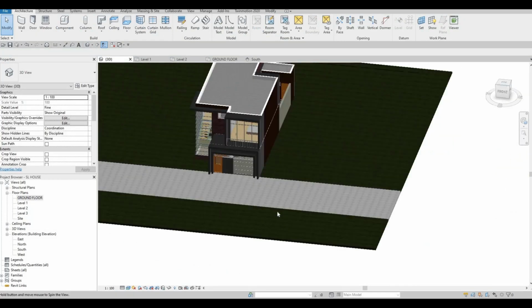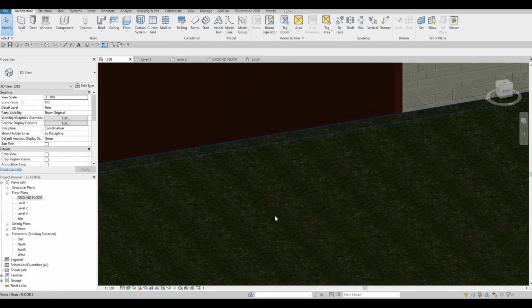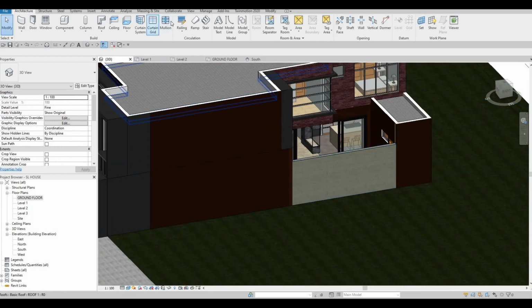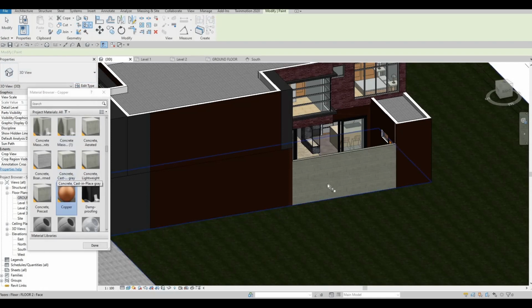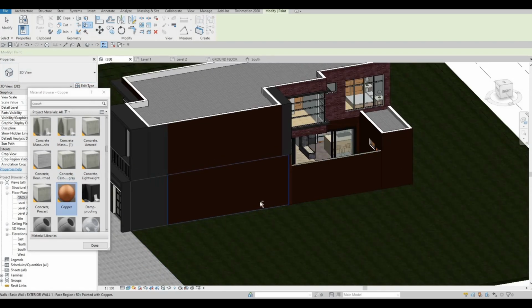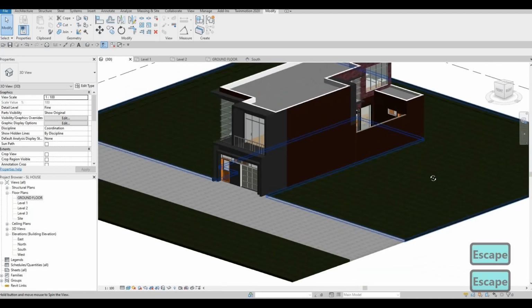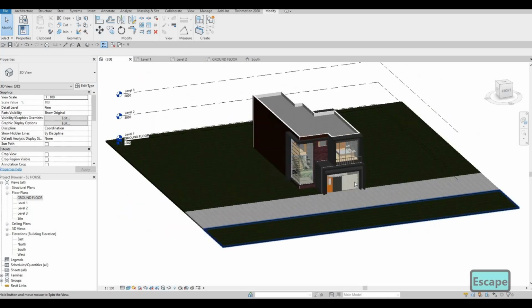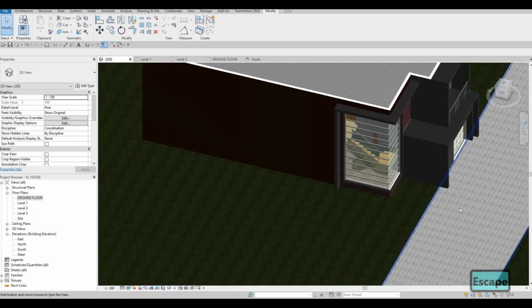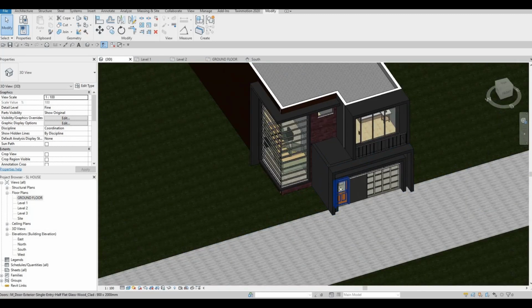So that's looking good. I'm planning to add the same materials right here. So that's copper, and then here click paint, copper right there. So that's looking good. And then now some side street, and then here